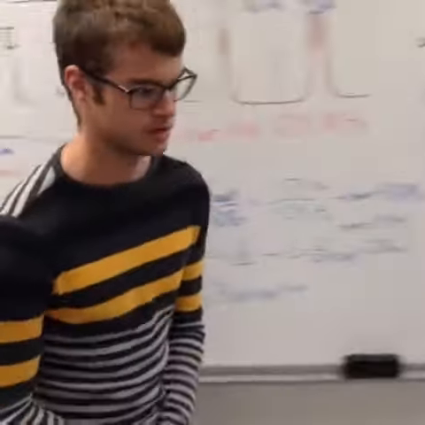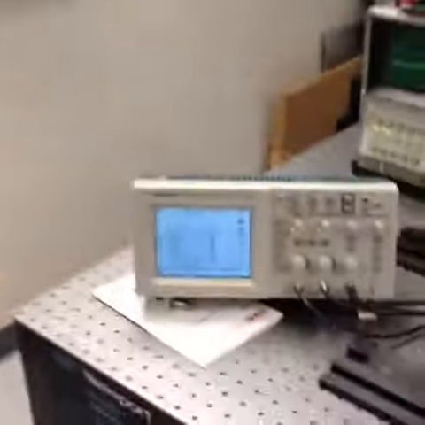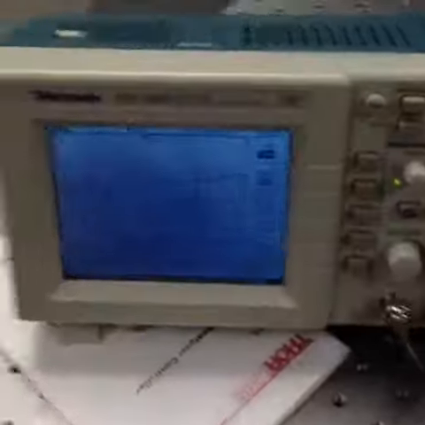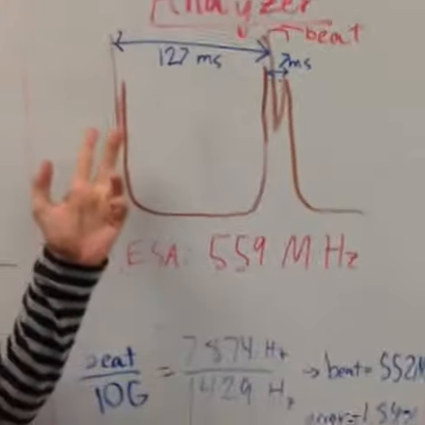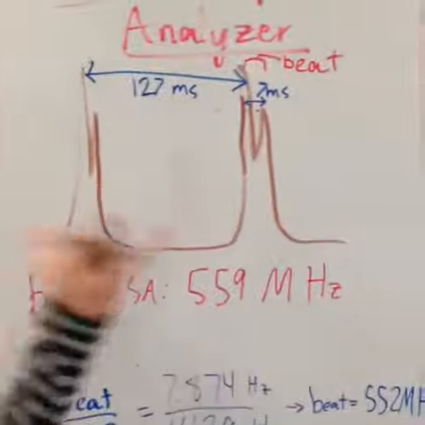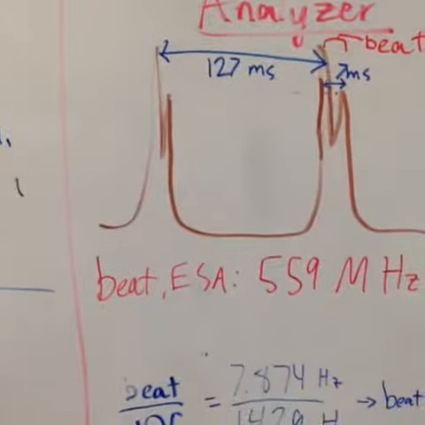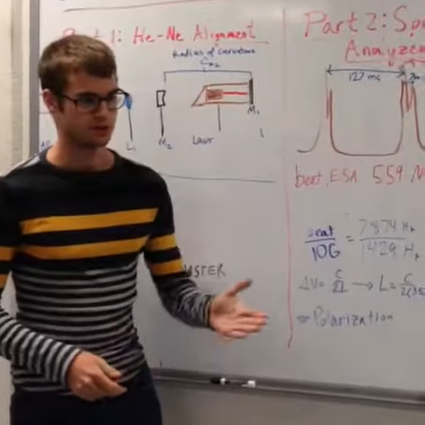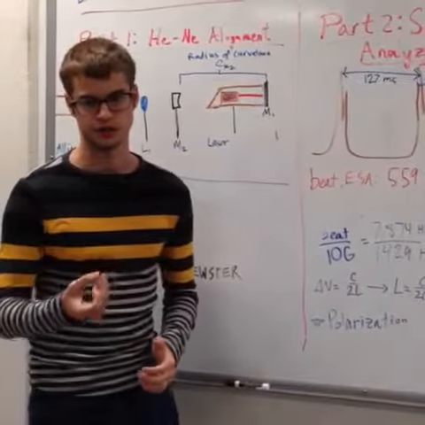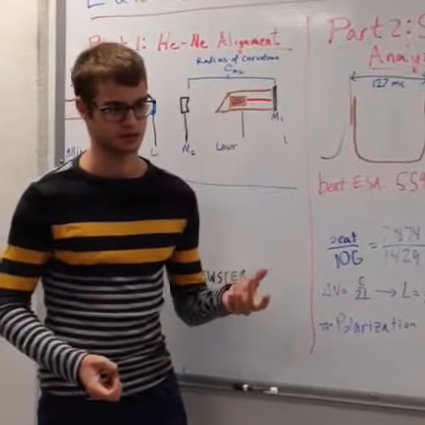And the second method was right here, and you can see up here it gave us a beat frequency associated with 7 milliseconds, and then a larger gigahertz frequency on the order of 127 milliseconds. With the Fabry-Perot oscillator, there's a little piezoelectric which oscillates and allows us to discern the beat frequencies by